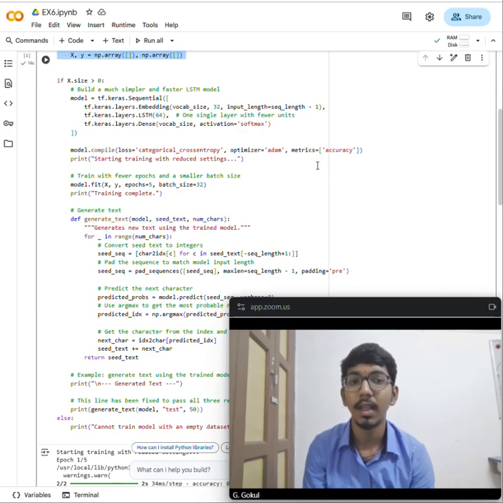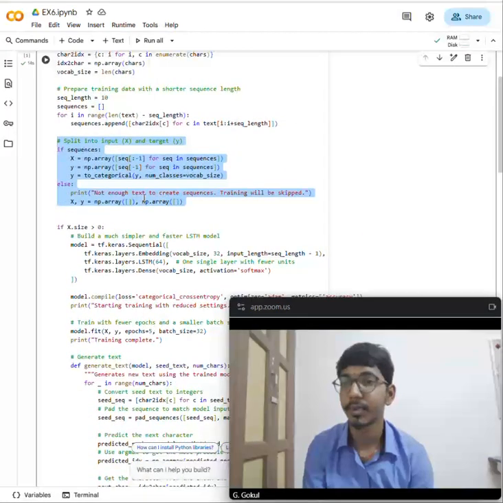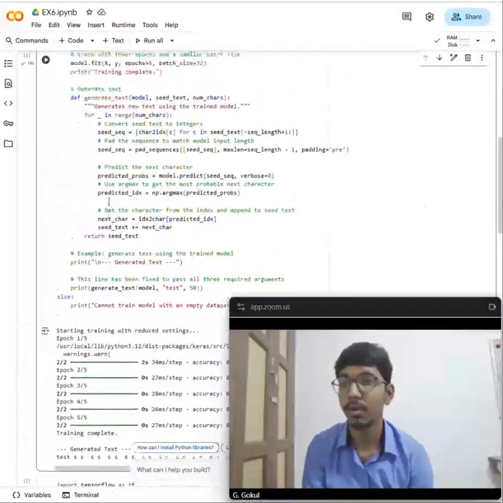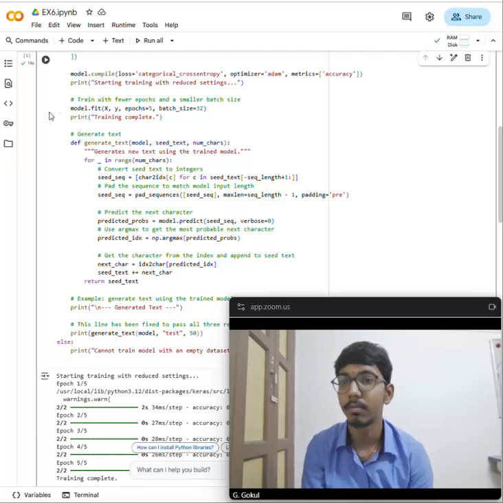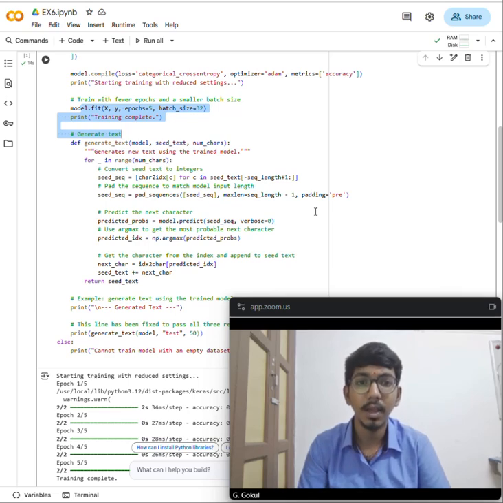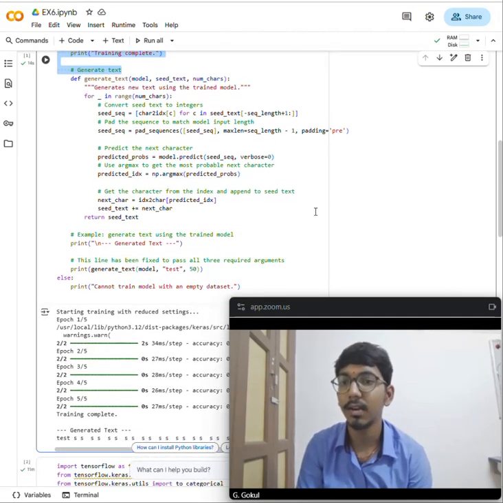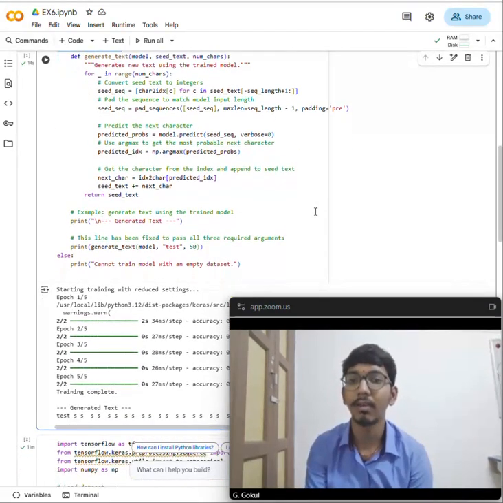We then convert y into a categorical format using to categorical, so y equals to categorical. If there is not enough text to make sequences, we skip training. It's just a safety check, a demo check, to ensure that our string is properly